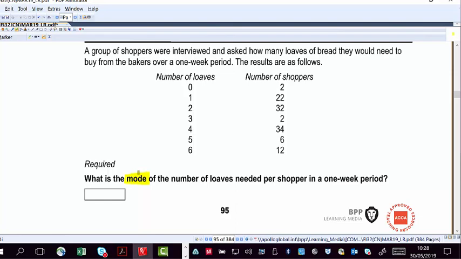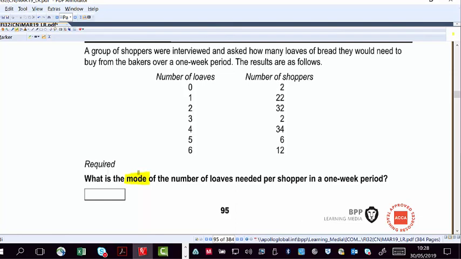The results are as follows, and we'll see that we have each of the individual responses recorded here, so the information has not been grouped. This is ungrouped data. So we have the information for 0, 1, 2, 3, 4, 5 and 6 loaves separately. We're then given the number of shoppers who bought